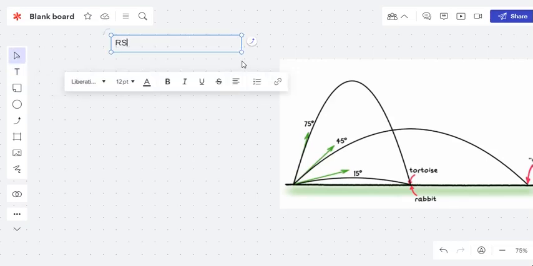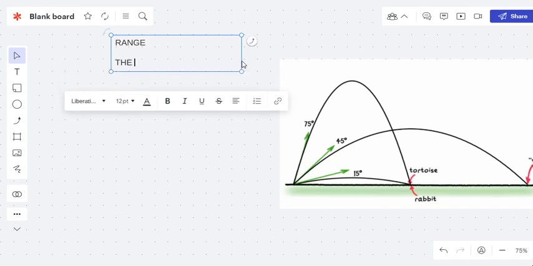So now I'm going to talk about the range in projectile. What is range? It's the last ground to ground projection case one parts. So range. Now what is range? It's the maximum distance covered by a projectile body from the point of impact. Maximum distance